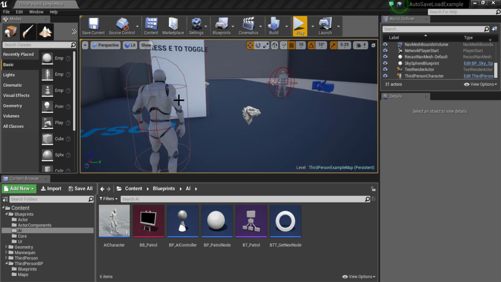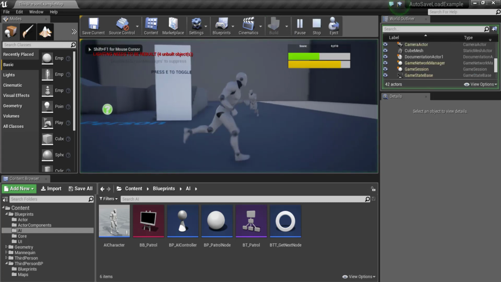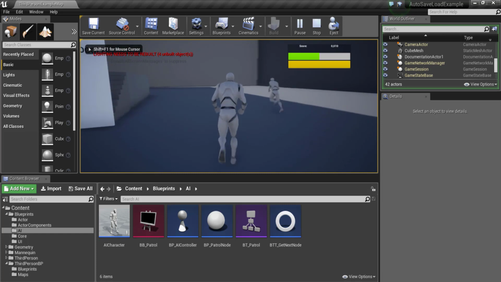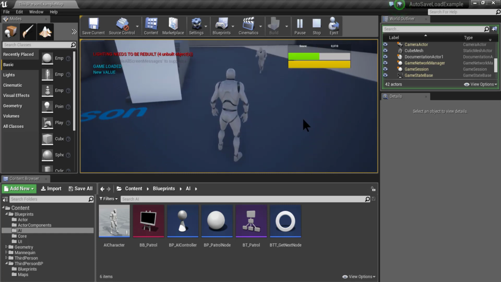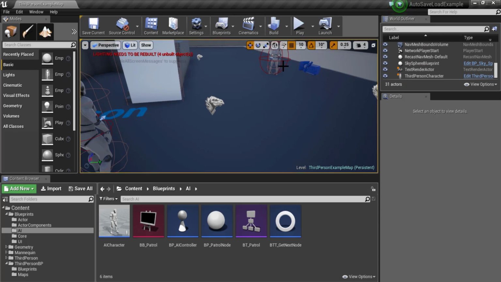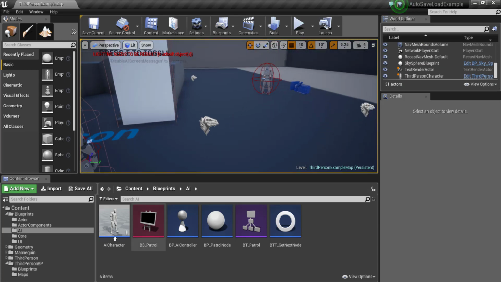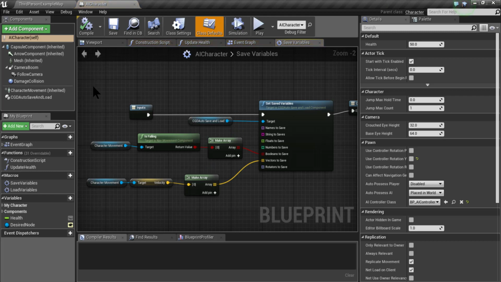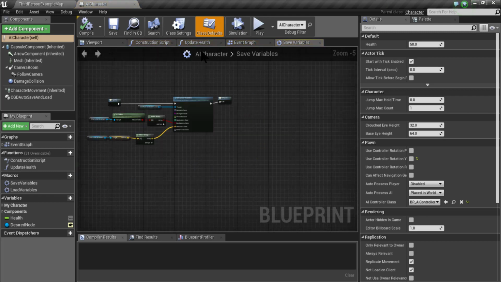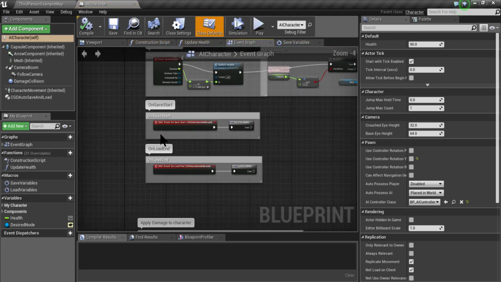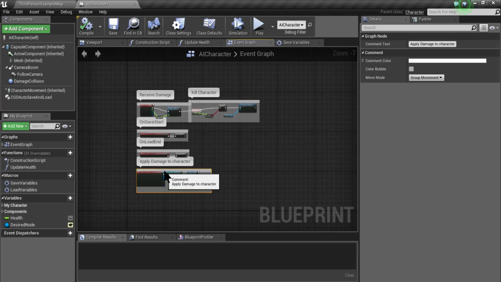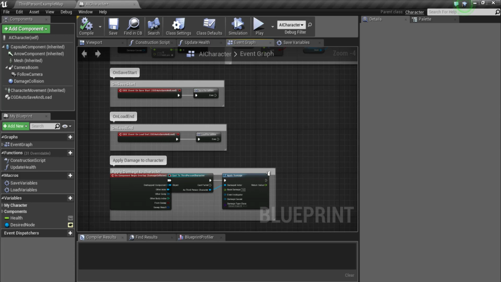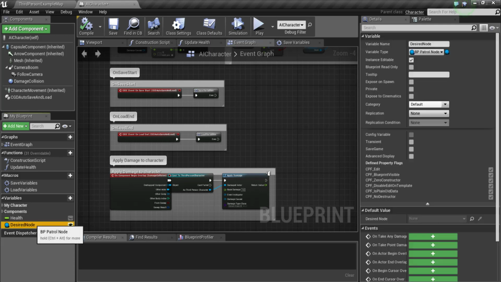Hello, for this new tutorial I'm going to show you how to save and load the state of the AI. As you can see, the state of the AI is not being saved right now. So we are going to fix that. First, let's open the AI character to see what it's doing. This is the functionality we watched in the previous tutorials and what should be saved and loaded for the AI